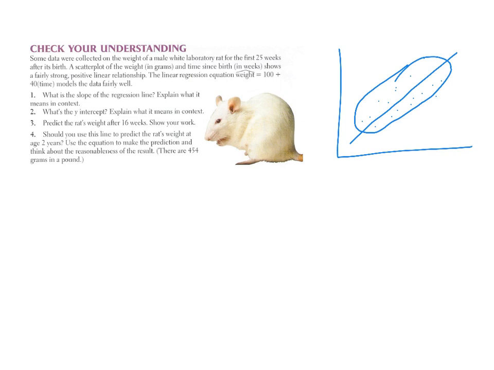So what is the slope of the regression line? Explain what it means in context. Our slope here is 40. So in context, what does that mean? Let's go with our sentence stem, which was putting our y in context. So the weight of the rat